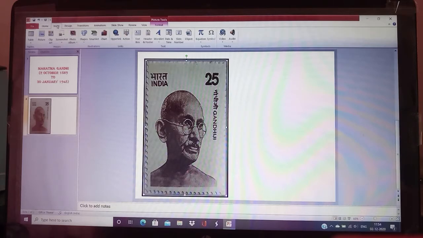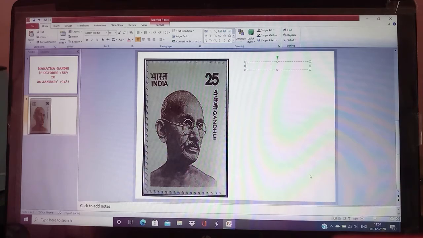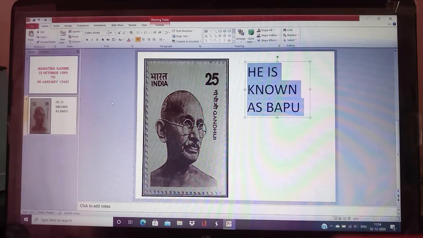For this, we'll go to Insert and Text Box. We can make changes in the text, as we can increase the size and change the color.